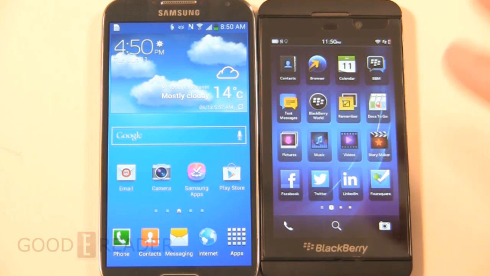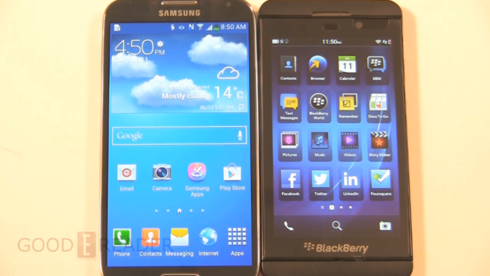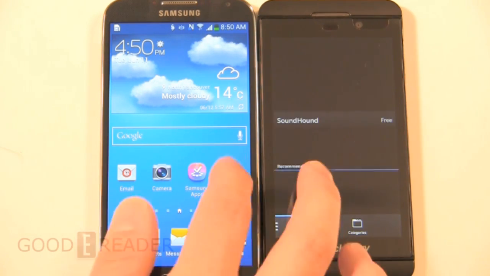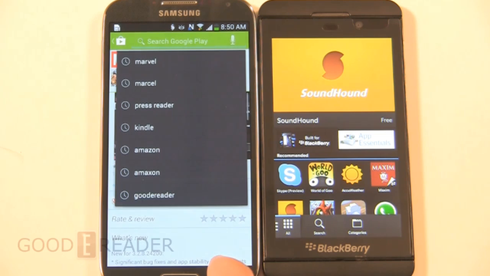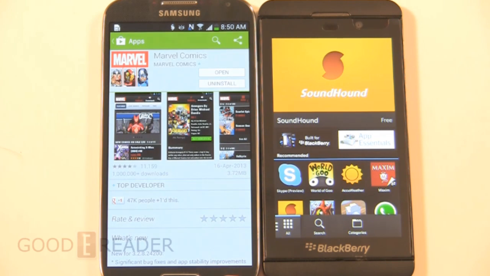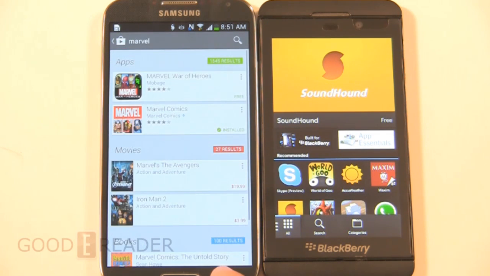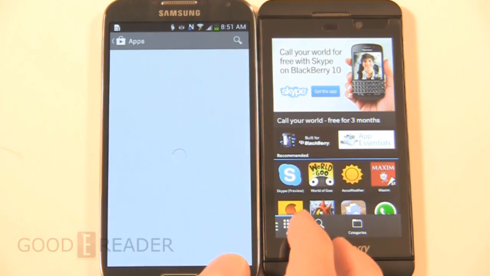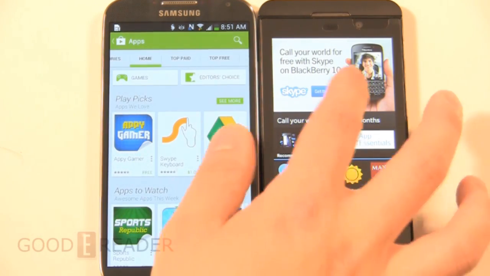Now, what I'd like to point out is really the core differences. It's Android against Blackberry 10. Blackberry 10, very immature, does not really have a lot of apps, roughly just over about 100,000, but it's missing critical apps like Instagram and things like that, and most of the Google apps. So you won't find Gmail, a lot of apps like that, but you can sideload in apps, and it's a